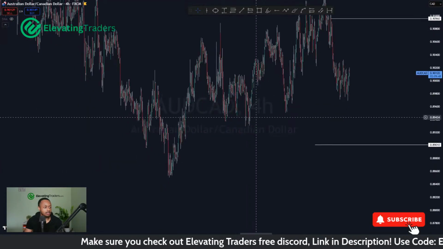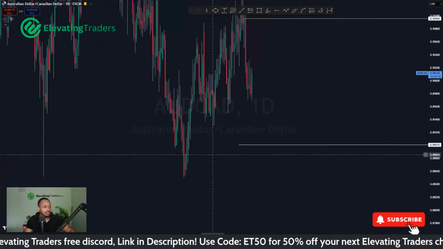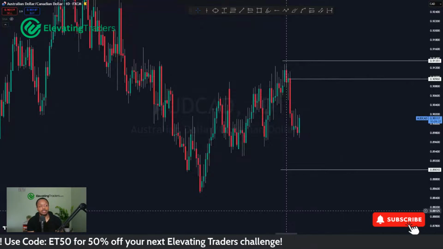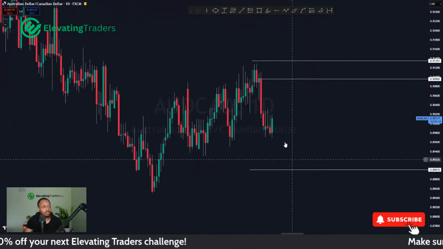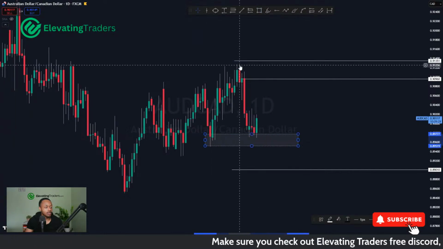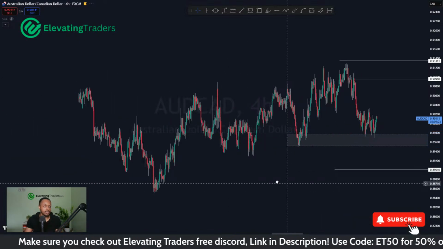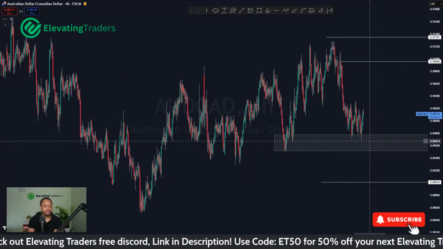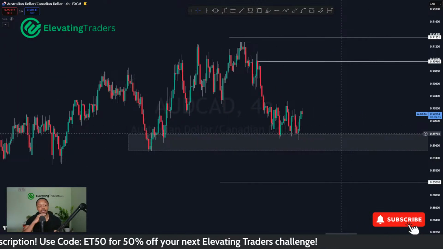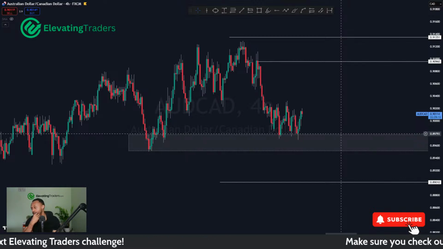In terms of the targets, I think pretty reasonable as well. You're looking for a big swing. You're looking for price to return into support here on the left. And of course, on the left here, we do have an important higher low. This swing low is what gave us this swing to the upside. So that's probably why we're having such a tough time trying to break through this price, because it potentially could induce another higher low and a push higher. To be honest, it depends how you want to manage the trade.